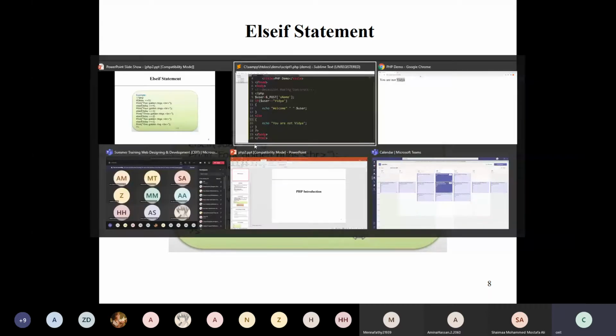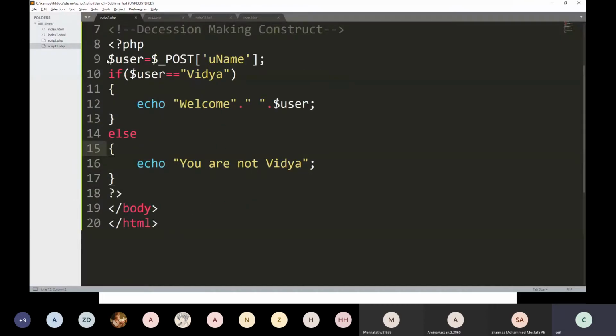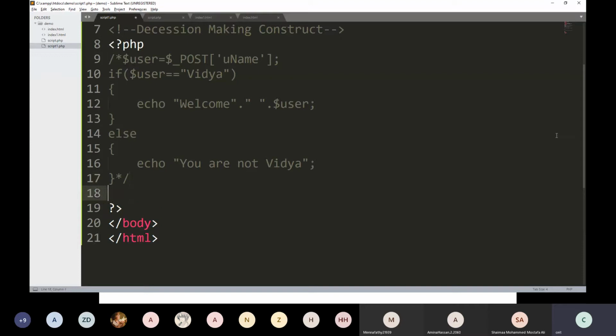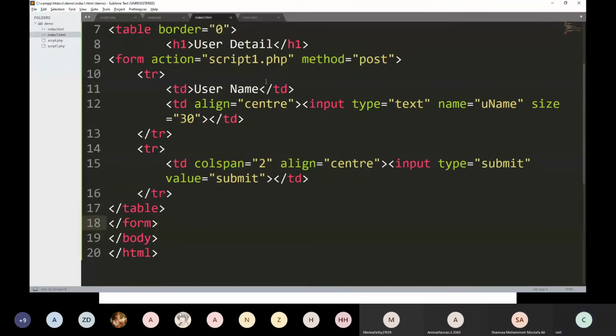Suppose for that, I just make this a comment line. Then I want the else if statement. Suppose in this, I am using the same form.